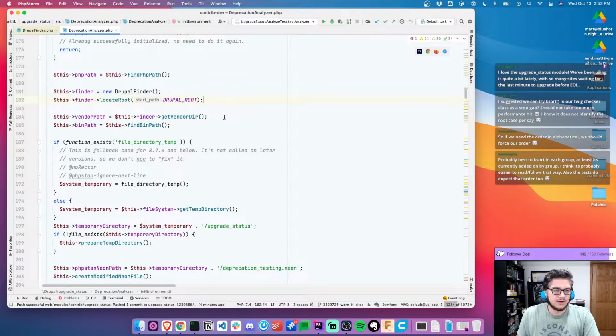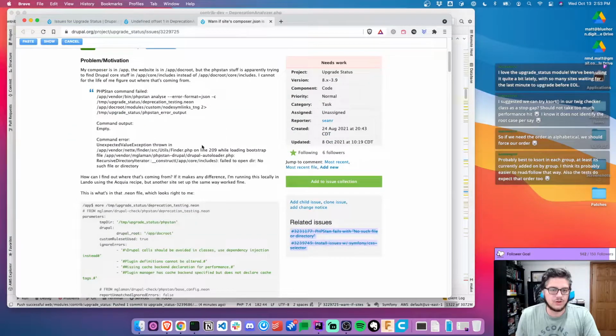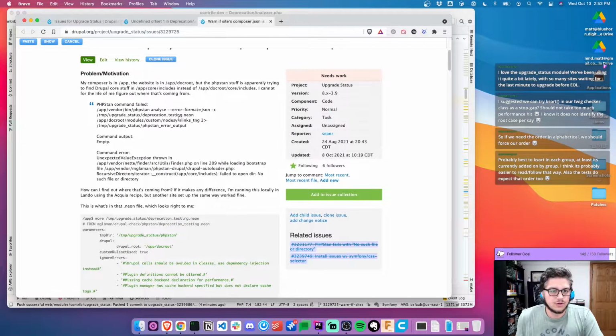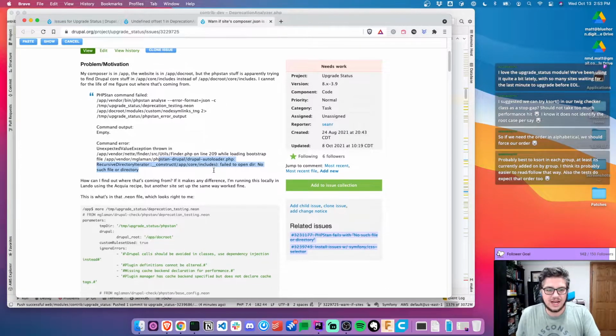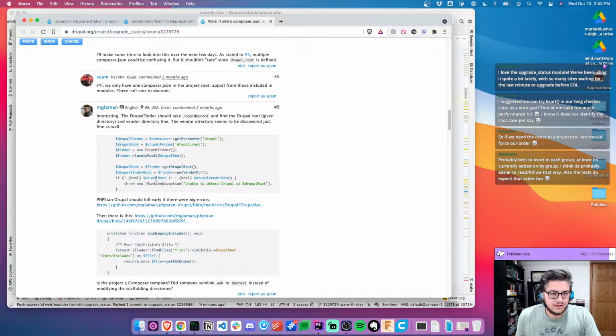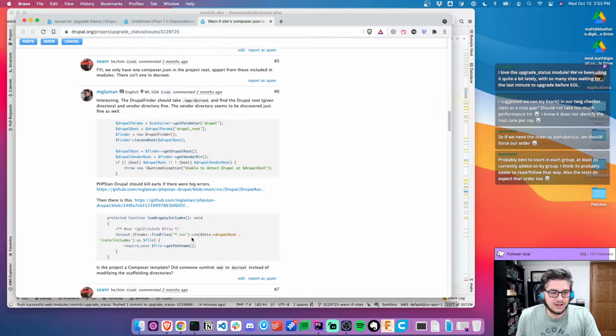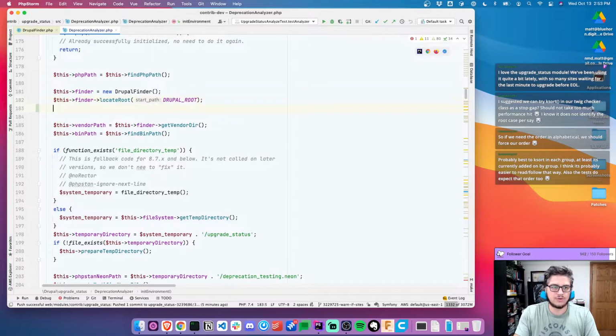So what we need to do is mimic the actual error that's happening here. So it was trying to load includes. So in here it's showing app core includes. Well, that's not actually a directory. The PHPStan code itself says if not root, unable to detect root. We do load legacy includes. So we find Drupal root core includes. So what we could do, locate root, we could just say